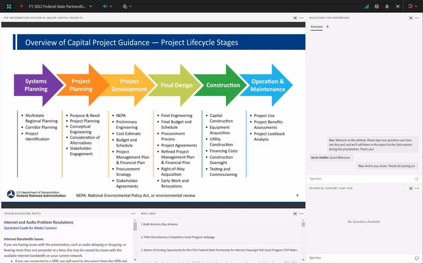So, I'm sure people here have seen this slide multitudes of times. It's a graphic that we here at FRA love to use for the project life cycles. It really breaks down how a project moves through the life cycle stages as it goes from systems planning into final operation and maintenance. This is a huge element of the capital project guidance. So we just wanted to bring it back up here to highlight this once again,